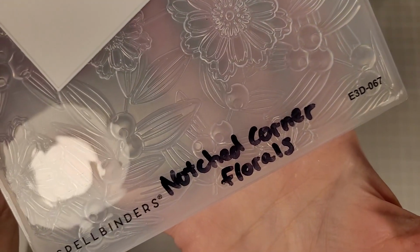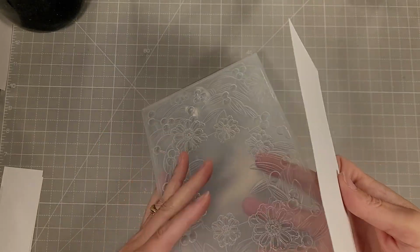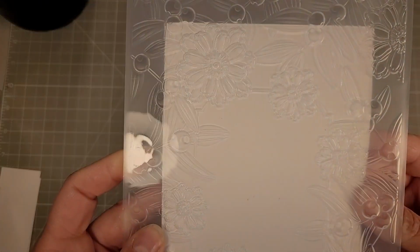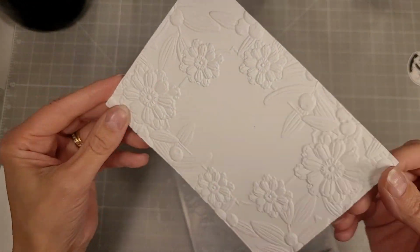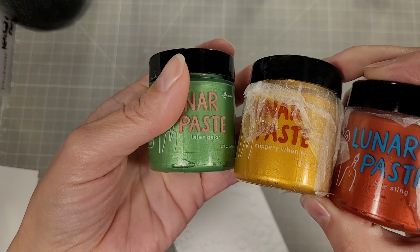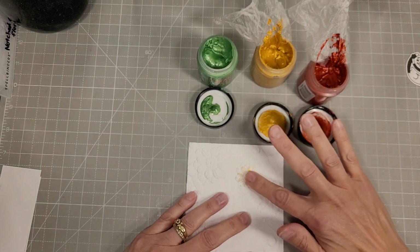So now I'm going to pull out some of the Sealed for Christmas collection things. This is the Notched Corners 3D embossing folder. It's absolutely gorgeous. I took this piece of cardstock that I cut down to 5x7, I believe. No, it's a little smaller than 5x7. And put it through the embossing folder. And I'm taking these 3